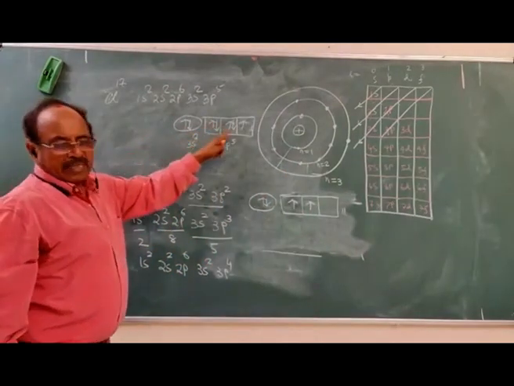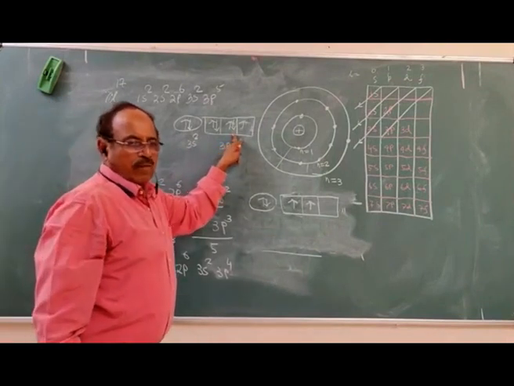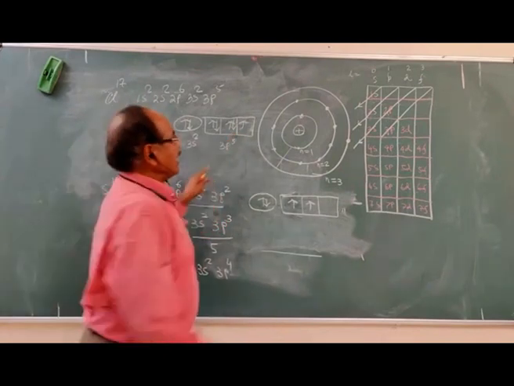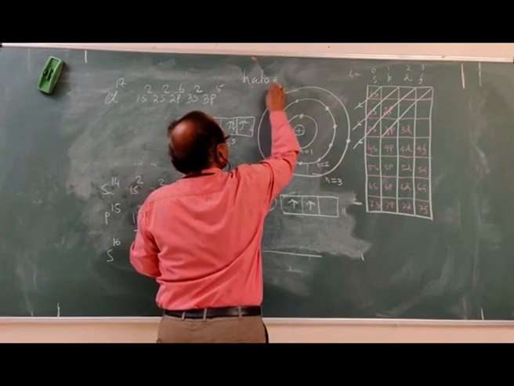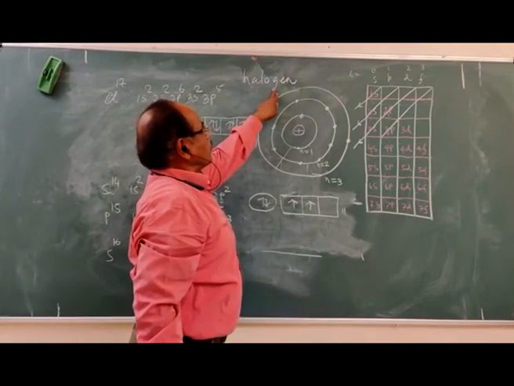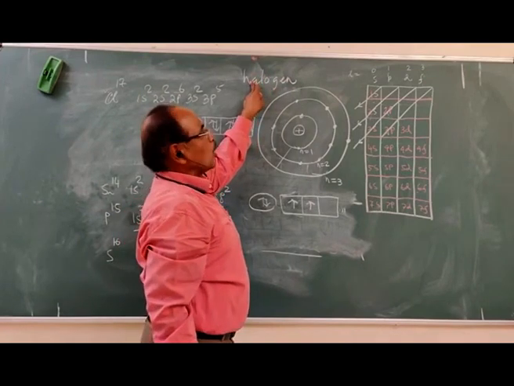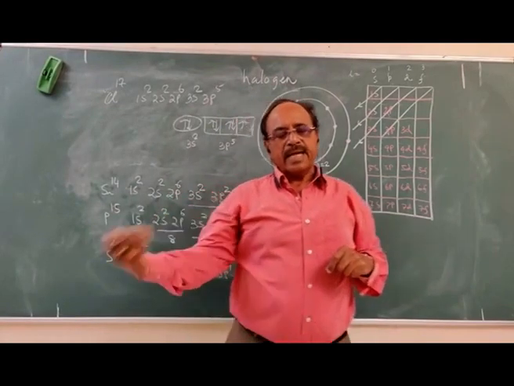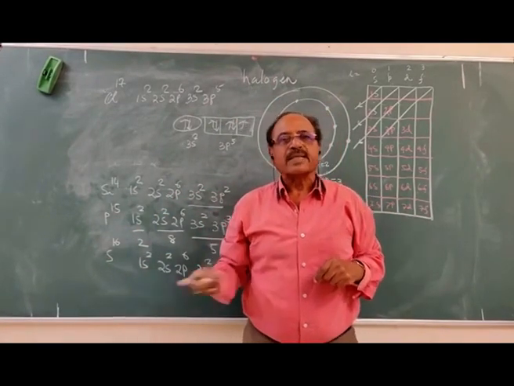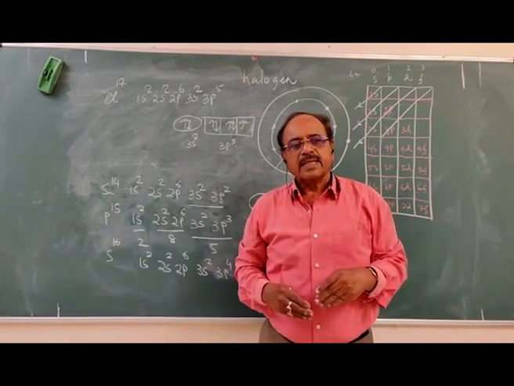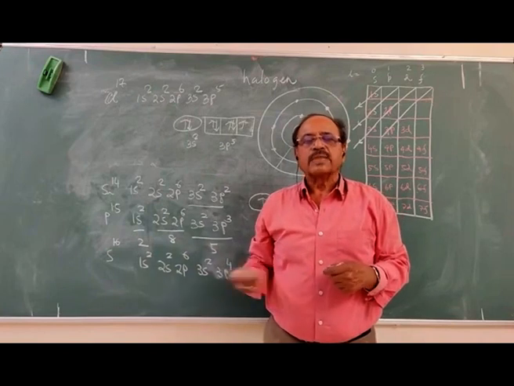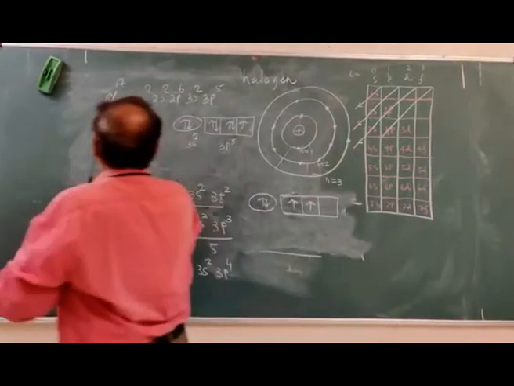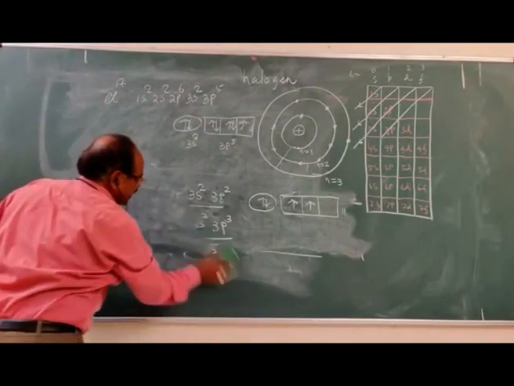Now, this is a gas, and this is called a halogen. Fluorine, chlorine, bromine, iodine, all these elements are called halogens. Why? Halo and gen: gen means producing, halo means salt. They are salt producing elements. They are highly electronegative elements. They react with all nonmetals. They react with all metals. Though they are nonmetals, they also react with nonmetals, and they react with all metals to form their compounds. These are called halides. So this is the way you come to chlorine 17, short of 1 electron.